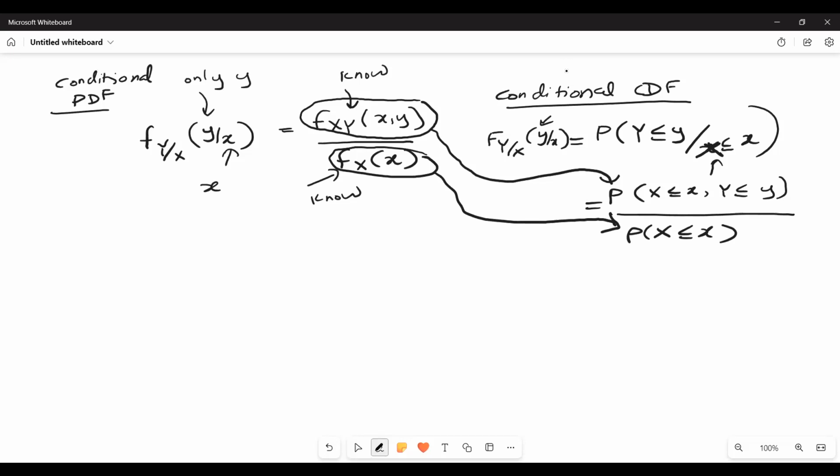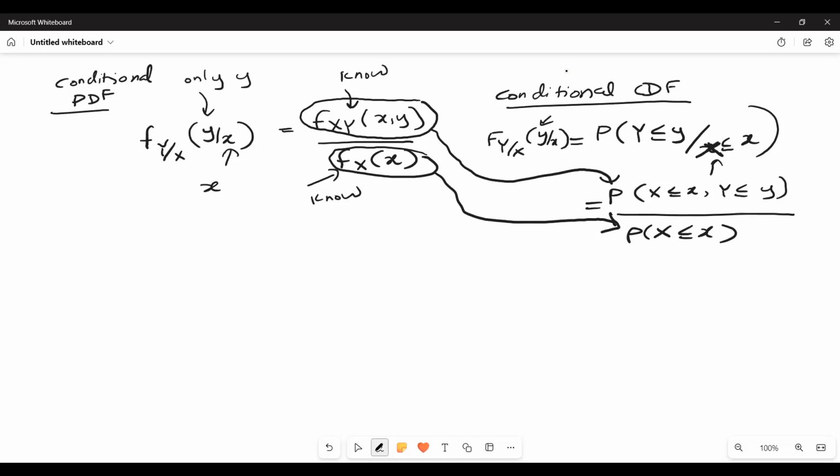So conditional means you know that something has happened and you want to find the probability of another event occurring based on that data. So that is basically regarding conditional random variables and marginal random variables, and basically they were regarding the joint random variables or joint PDF and CDF